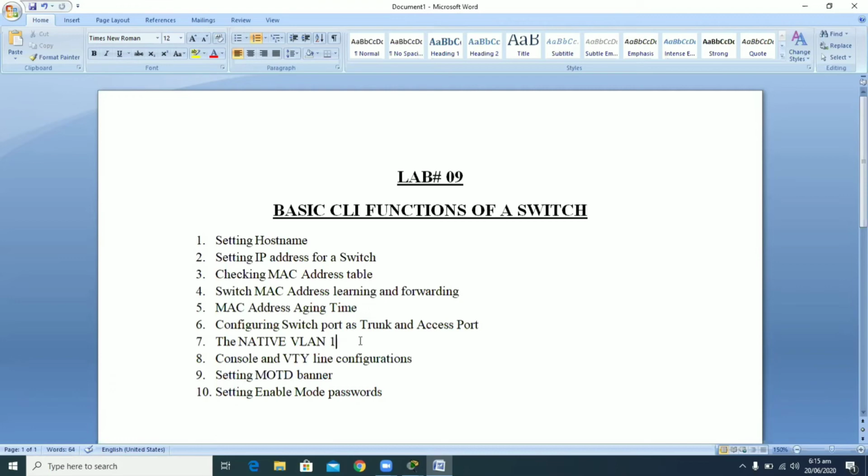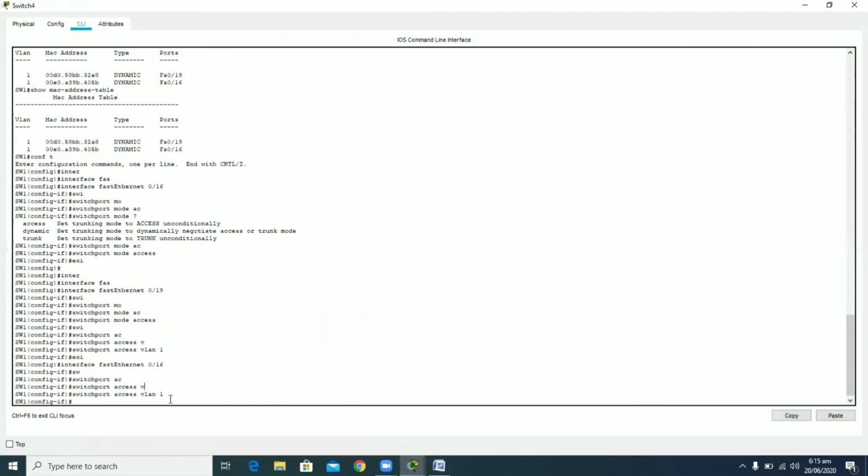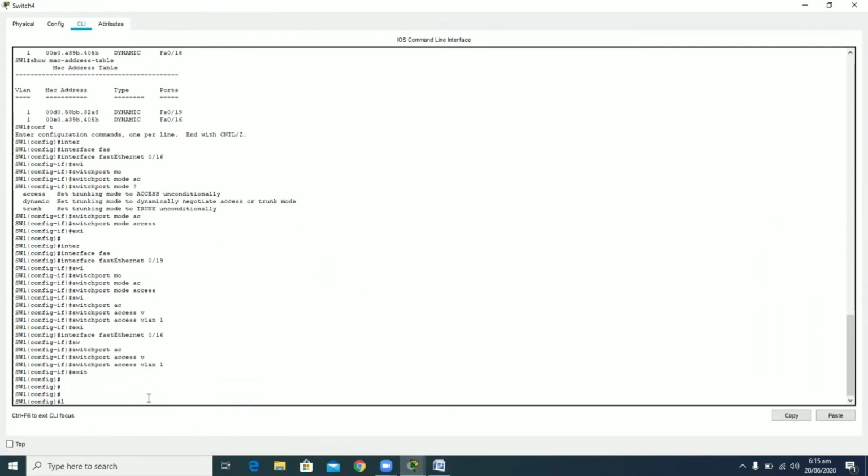Now moving to the console and the VTY configuration. The console and the VTY configuration of a switch are basically the same as that of a router. You know that there are two basic methods available for accessing the switch. The switch can be accessed through the console port, and it can also be accessed through telnet from a remote terminal.